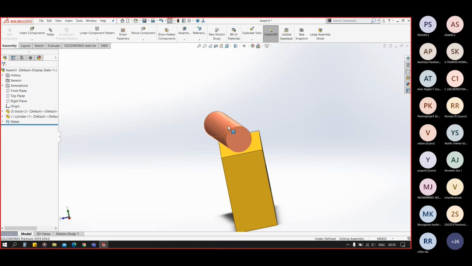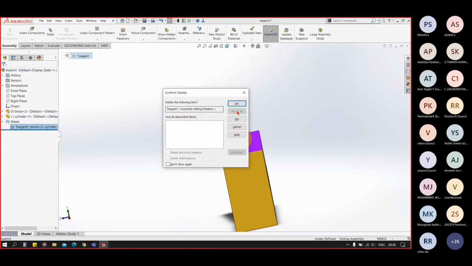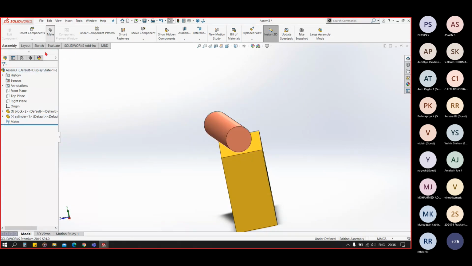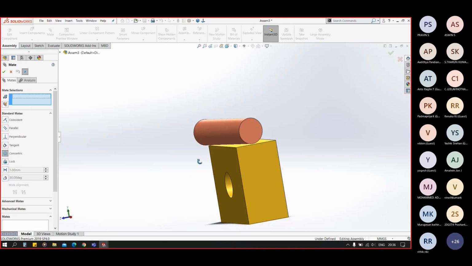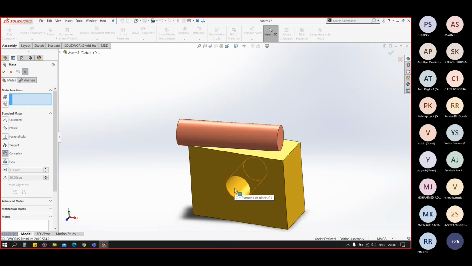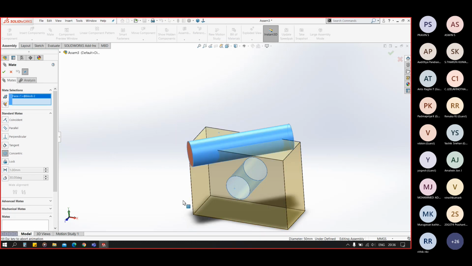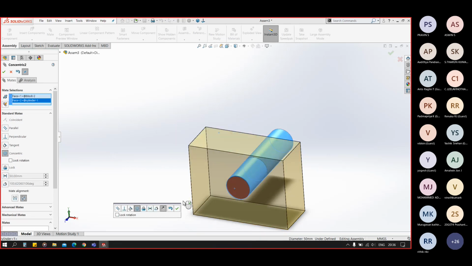Okay, now our next one is concentric. So you select concentric, and for the concentric one, both the faces should be circular. So we click on circular, and you can see you have this small box here for locking its rotation along the axis of rotation.